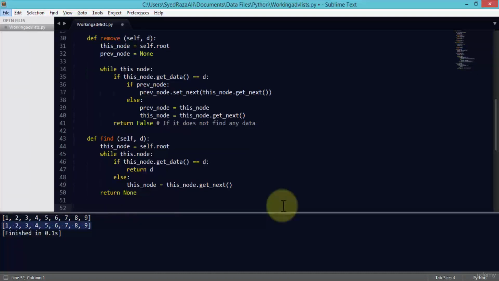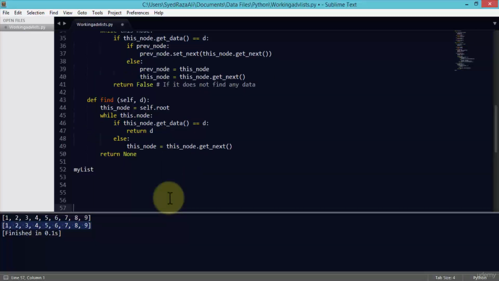All right, and the last piece, once we've specified all these nodes, now at this point, in order to use our list, we can in fact come up with a new list and then add some operations to it. So for instance, I can do my list equals, let's say, linked list, and then maybe I want to do some operations such as add a number to a node, not just one, maybe a couple of them. Okay, so I can do something like my list dot add, and maybe I want to add 5,